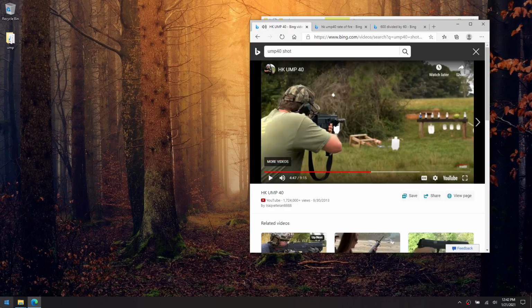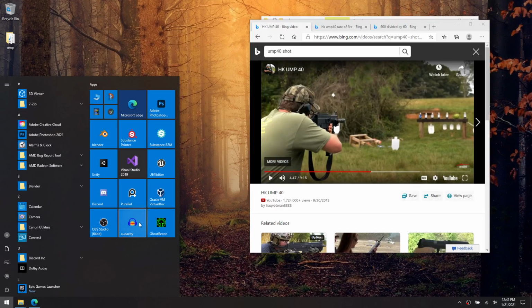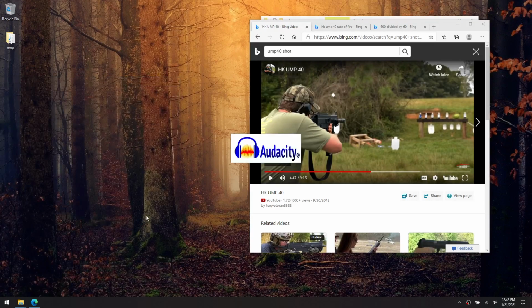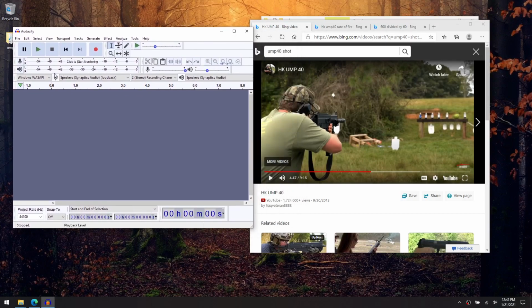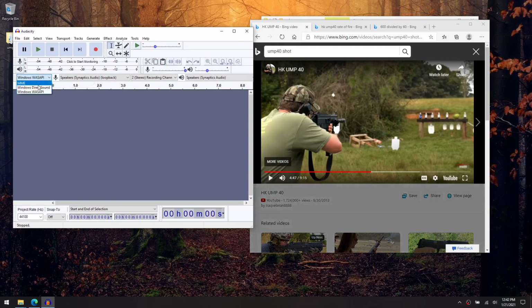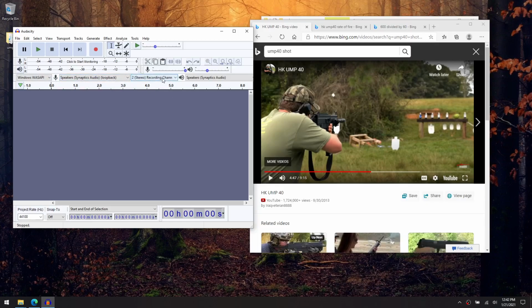So I'm going to pause it right before it starts. Now we're going to use a program called Audacity, and we're going to go ahead and load that up. You should be able to do this on your computer. Not everybody can. Sometimes their sound cards won't let them, but just change it to Windows WASAPI, and you're going to record instead of microphones, speakers,